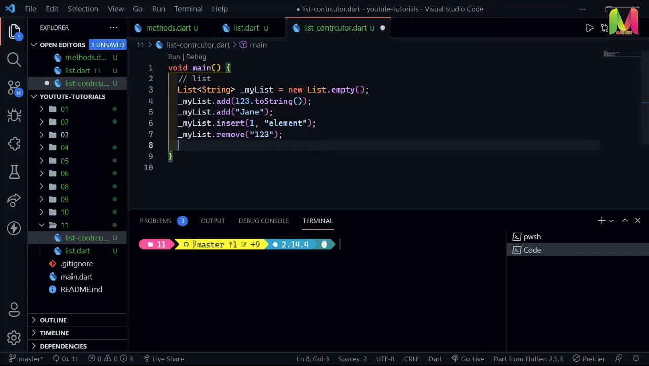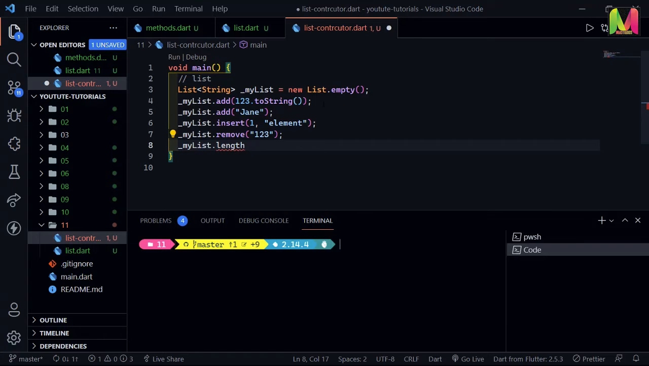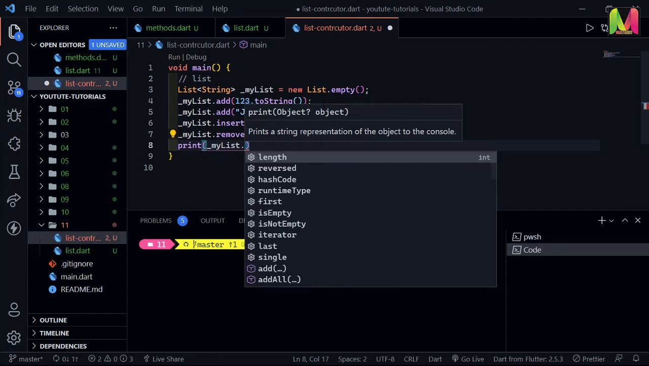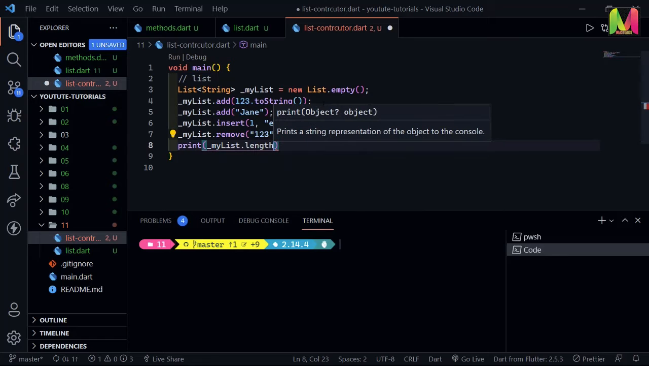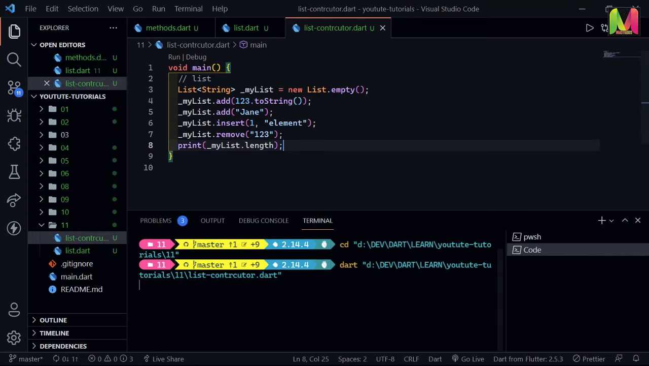Then I can find the length of my list, so I can say myList.length. So if I say, let me just print myList.length. If I run this,